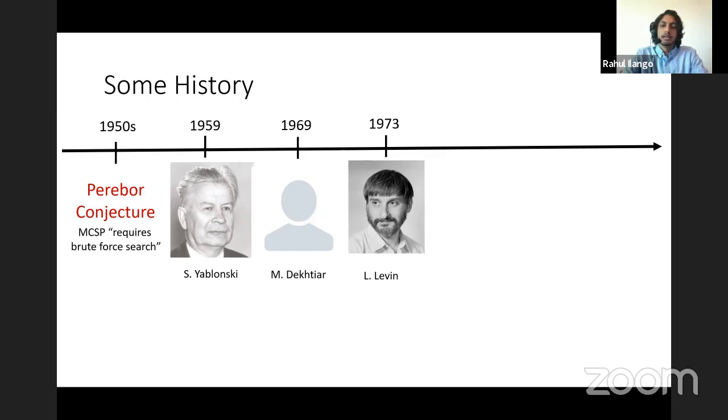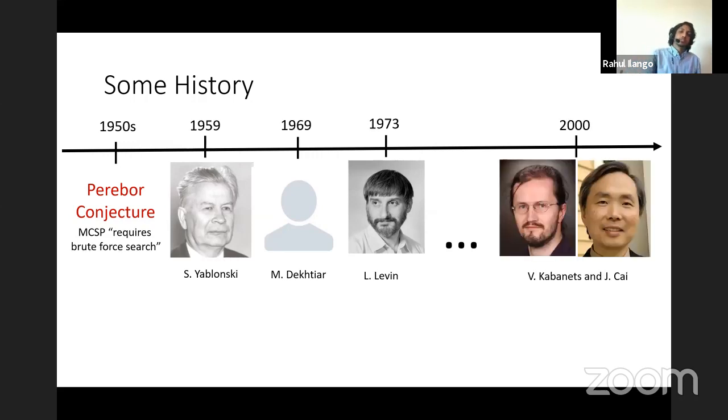and then the problem kind of faded into the background a little bit until about 2000, when it was really revitalized by the work of Kabanets and Cai. What they did was they realized that this problem MCSP is kind of naturally connected to cryptography, and it's naturally connected to the new natural proofs barrier, which Razborov and Rudich had come up with. And they kind of revitalized studying this problem, and that begins what I guess is the modern history of MCSP.